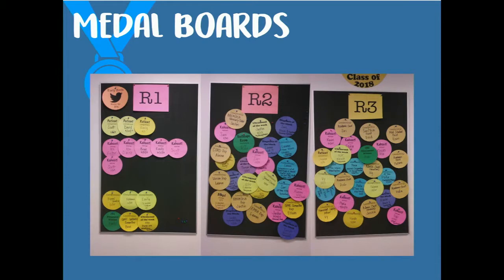What we first started with was 3 bulletin boards in our resident room. We have one for the R1s, one for the R2s, and one for the R3s. And we basically give them badges every time they have some sort of achievement. And some of the badges are